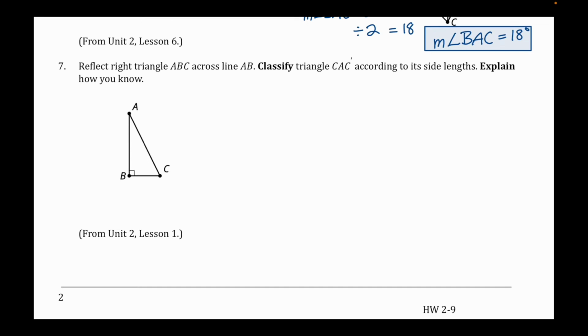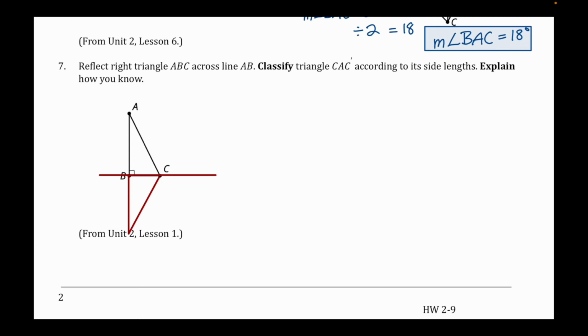Okay, so let's reflect across. I'm going to draw this in red just so it stands out a little bit more. If we're reflecting across, this is my line of symmetry right here. So that means if that's a right angle, I'm going to kind of have something a bit like this. Sorry, I was turning my tablet to see if it was kind of the same shape. Might be a little longer. I just didn't really want to run into where it says Unit 2, Lesson 1 down here. Oh,